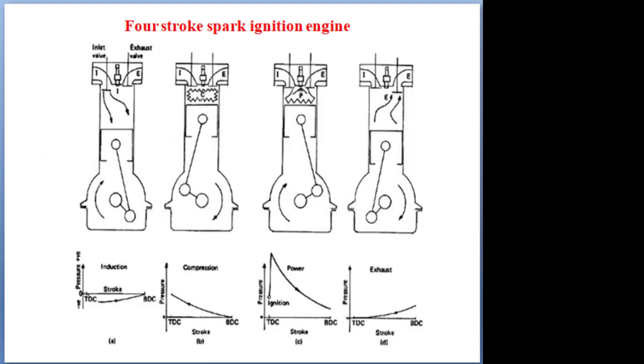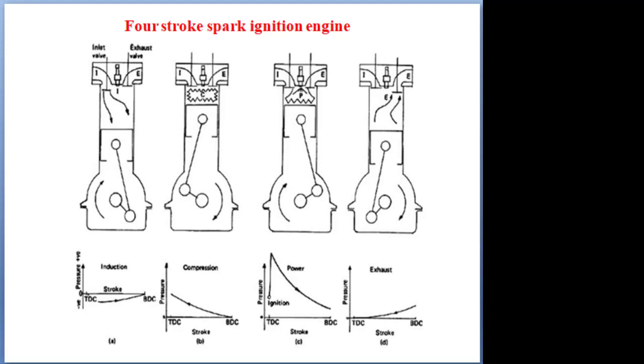Next, coming to the 4-stroke spark ignition engine and the 2-stroke spark ignition engine, and the difference between them. Whether 4-stroke or 2-stroke, a stroke means one movement of the piston between the dead centers. 4-stroke means 4 movements of the piston between the dead centers, top dead center and bottom dead center. Dead center means the point where the piston reverses direction. Near the crankshaft it is called bottom dead center. Near the head it is called top dead center.